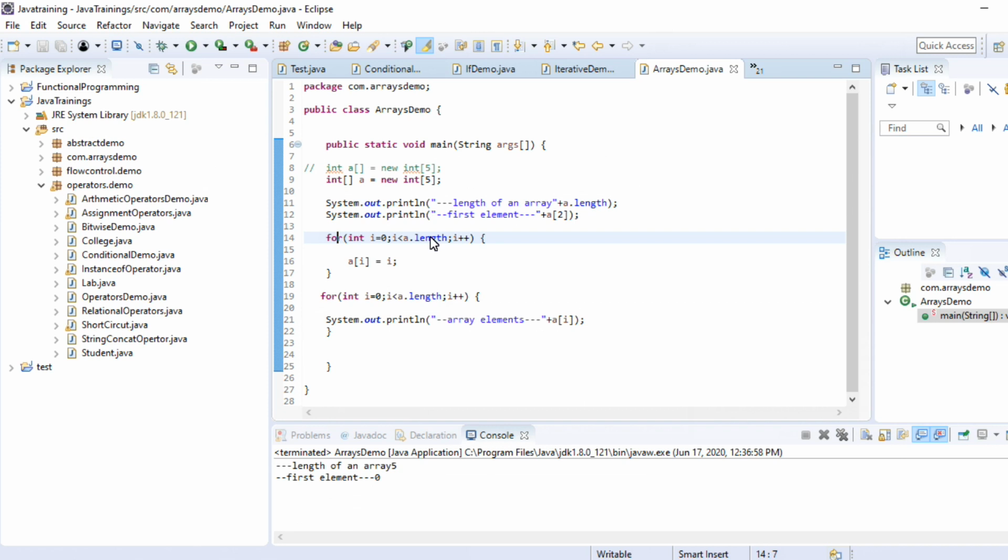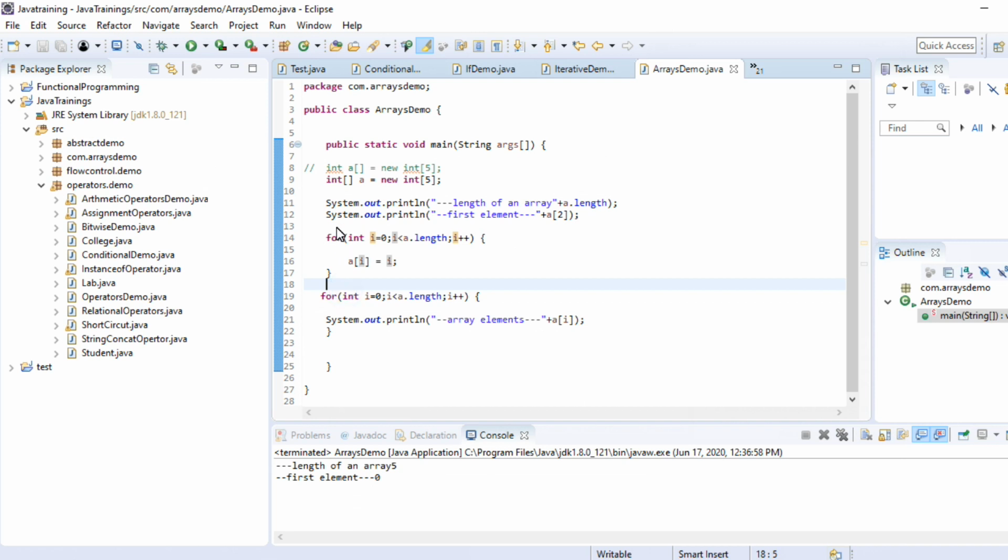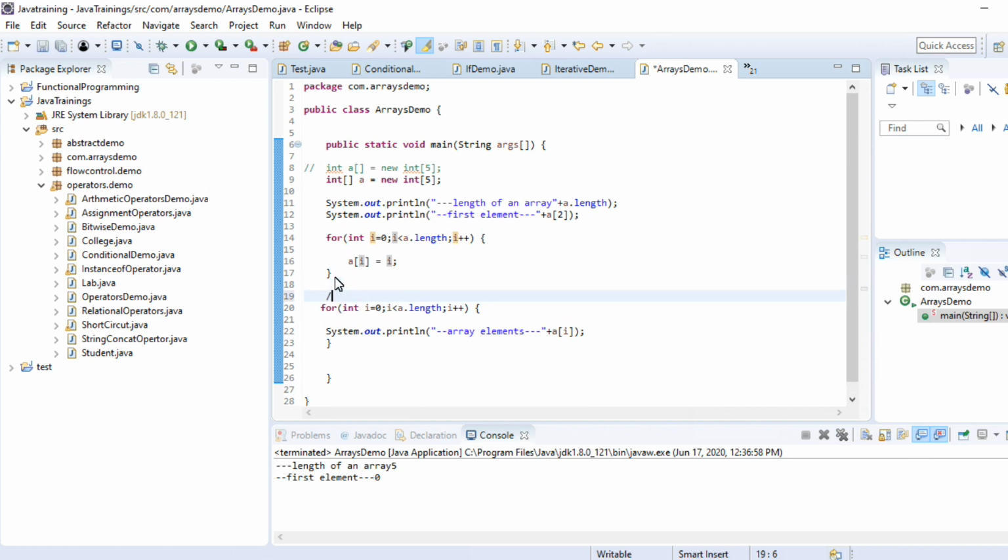Total 5 values, but it's starting from 0. We are inserting values into the array. What is the index? We are starting from 0 till 4. Like that we are inserting. After that, what are we doing? We are printing the values. We are just confirming whether all values got inserted or not. I am just cross checking by printing the values.